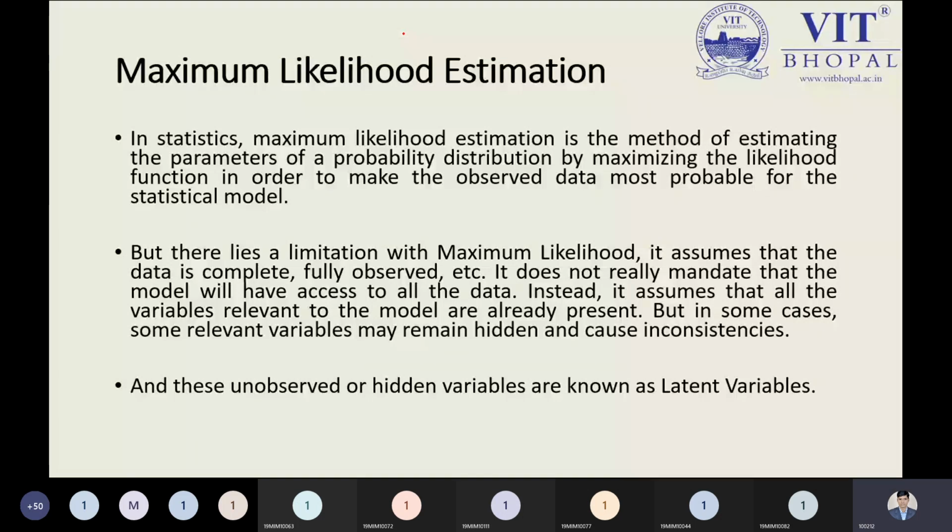That is a required point we need to keep in mind. So what is the unobserved data, what is the hidden data? All these are only naming conventions; they are known as the latent variable. From this point we need to understand the concept properly, and this is the maximum likelihood estimation. So do not get confused and do not go anywhere, just understand the concept properly.